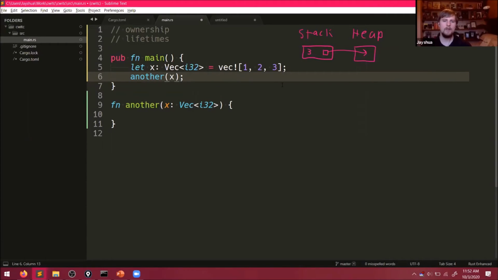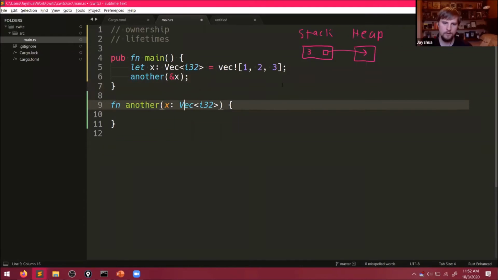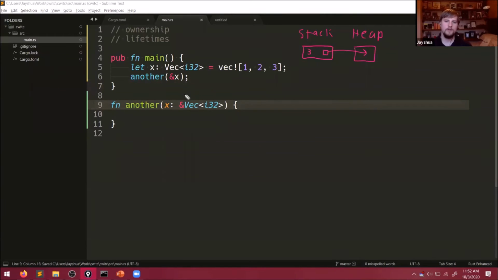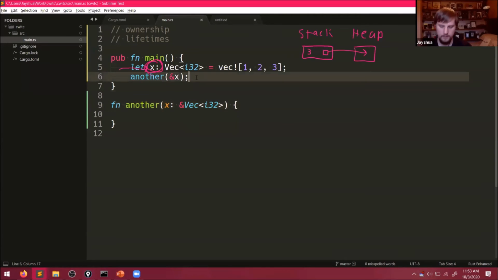Rather than passing ownership into another function, instead we'll just temporarily borrow the memory. We do that by taking a reference. So what we're saying here is that the another function is going to temporarily borrow this data, but ownership will remain with this variable right here. And so the memory will still be deallocated when this X goes out of scope. So now if we try and print,